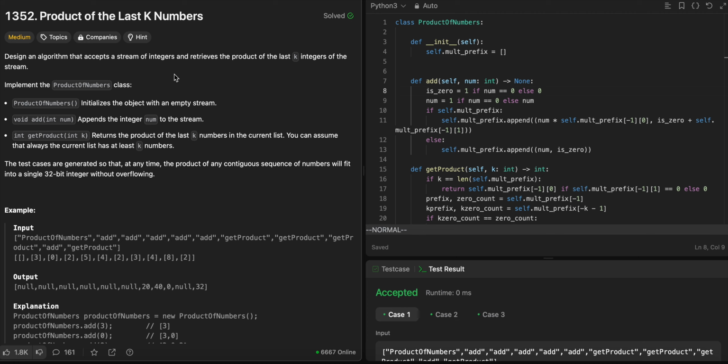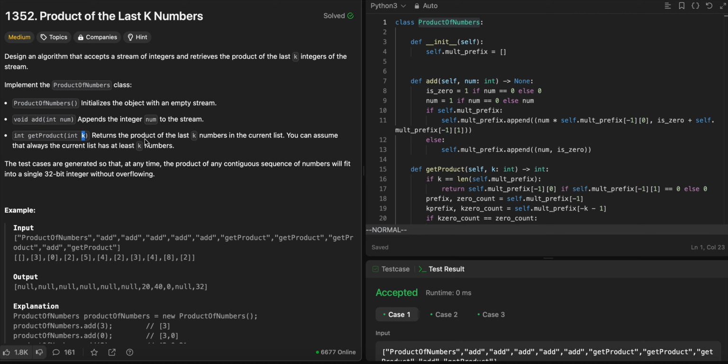So it says implement the ProductOfNumbers class, which initializes the object with an empty stream, and then there is add, which adds a number to the stream, and getProduct, which takes k as an argument. Return the product of the last k numbers in the current list. You can assume that the current list always has at least k numbers, so that's guaranteed. Basically, it says down here,